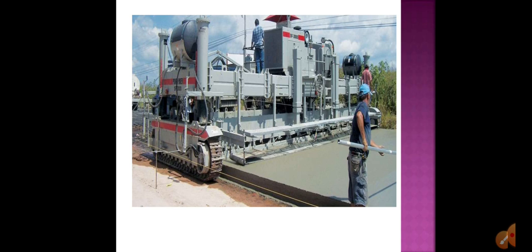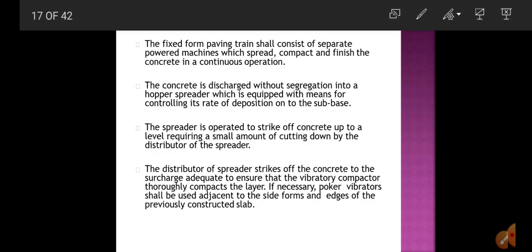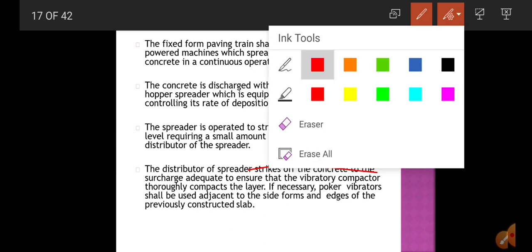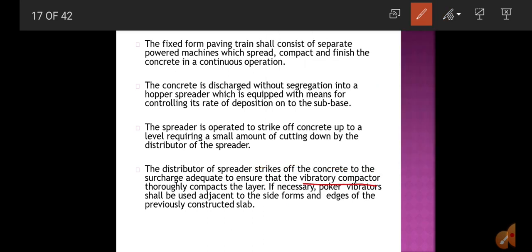It compacts and finishes the concrete in a continuous operation, with internal vibration provided, and shapes it between the slide forms with either a conforming plate or by vibrating or oscillating finishers, which you can see at the top here. Clear?